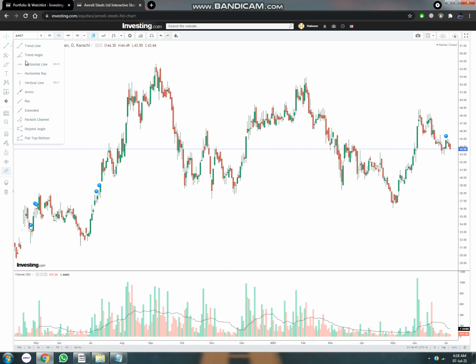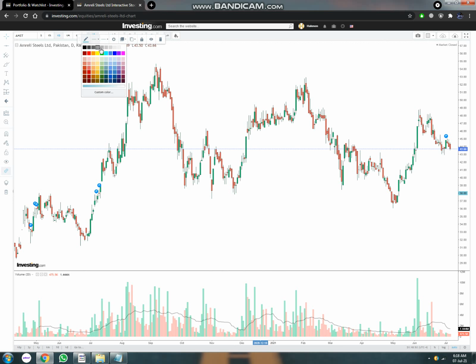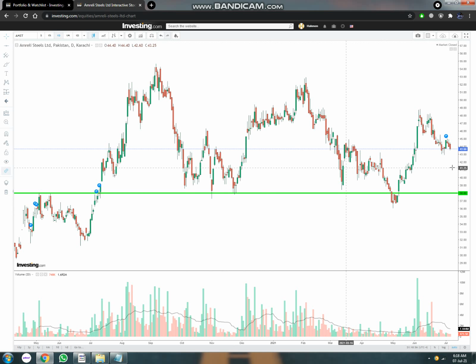now let me mark it. You know what, let me mark this area so it's easy for me to show you what I mean here. Now this is generally a support level. So at this point when the stock crosses below this support level, this is a fake out. This area is a fake out, and as you can see, it continued back into its position.